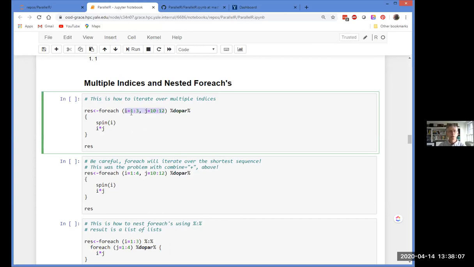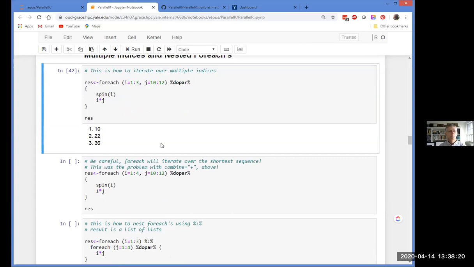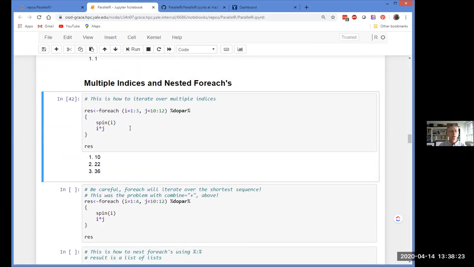The first one has i equal 1 and j equal 10. The second one has i 2 and j 11, and so forth. So if I go ahead and execute this code, you can see that we get the value 1 times 10, 2 times 11, and 3 times 12 as our outputs. So that's how that works.